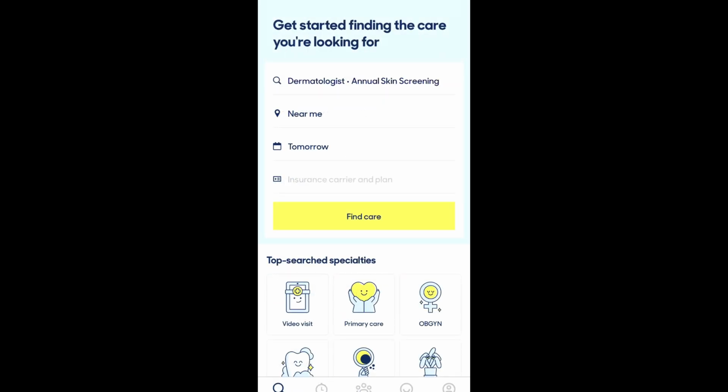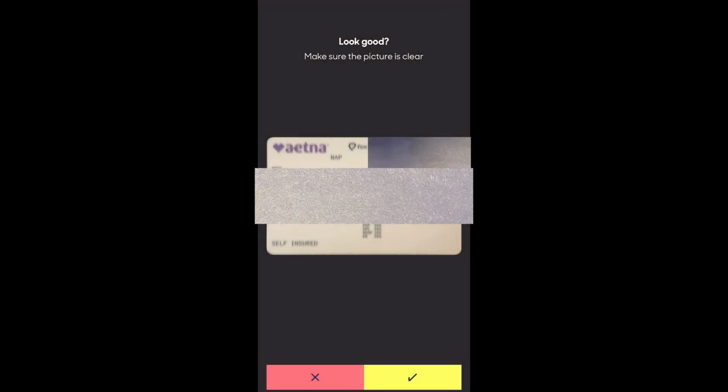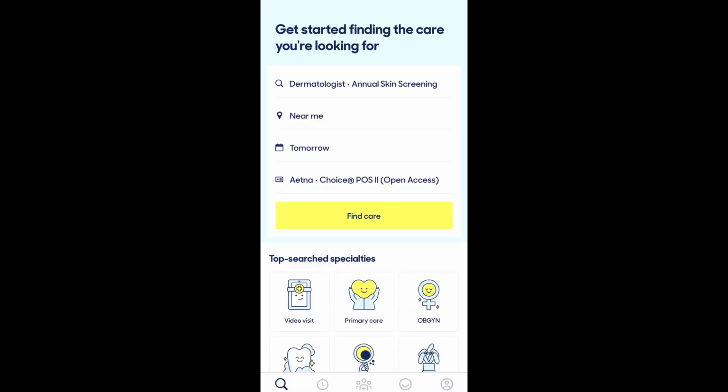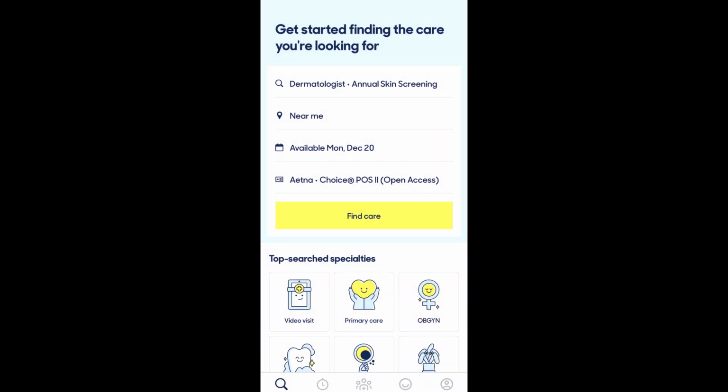I'm going to click it, and it says, when do I want the appointment? So before I click Find Care, it does give you the option to put in your insurance carrier and plan. And really, it recommends scanning your insurance card. So let's do this now together and see what happens. So it's going to scan my card, accepts it. Tomorrow I have stuff going on, but let's take a look next Monday to see what's available. We click Find Care,